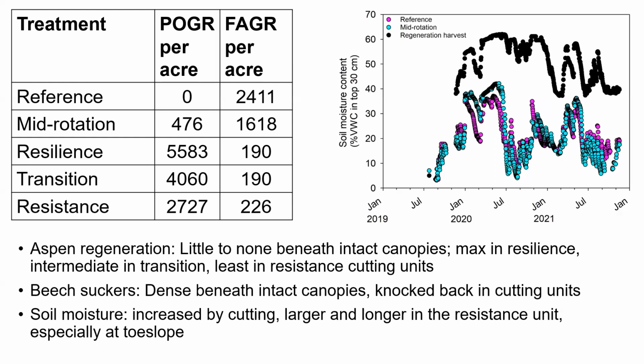You can see these are time courses of soil moisture content in the top 30 centimeters of soil for either the reference, that's the blue dots, I think, I can't see from my screen. The reference and the mid-rotation are basically the same. Those are the blue and the pink dots. Prior to cutting, the resistance unit was not any different. It wasn't anything special, but doing that cut during the growing season and delaying the aspen regen got us basically a second full growing season of elevated soil moisture,